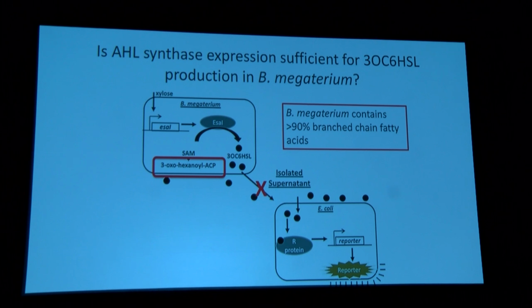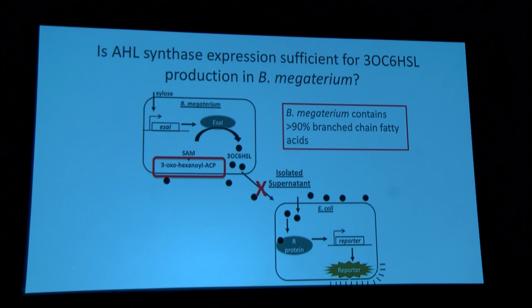Our initial experiments showed us we didn't get any product. And of course, when you don't get any product, it can be myriad problems. But my grad student, Raphael, at the time, did some research, looked into the organisms we're working with, and noted that the Bacillus likes to produce a lot of branched chain fatty acids. And so that indicated that maybe we didn't have enough of this particular substrate. Maybe there were only branched chain fatty acids, and we were either making some variant acetylmyrcene lactone with branched chains, or we just weren't making any because there wasn't enough substrate in that system.